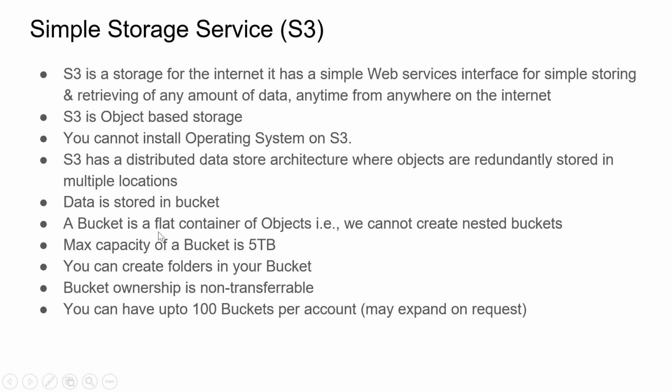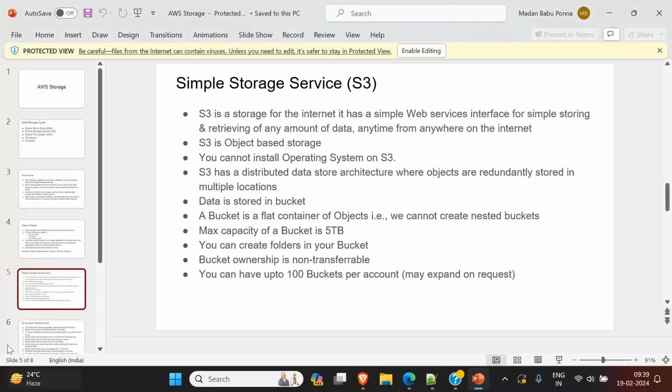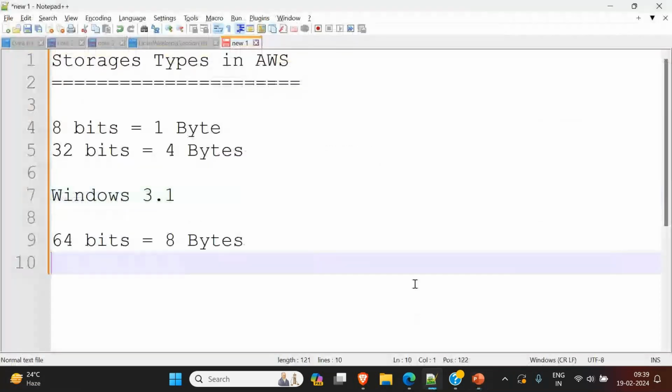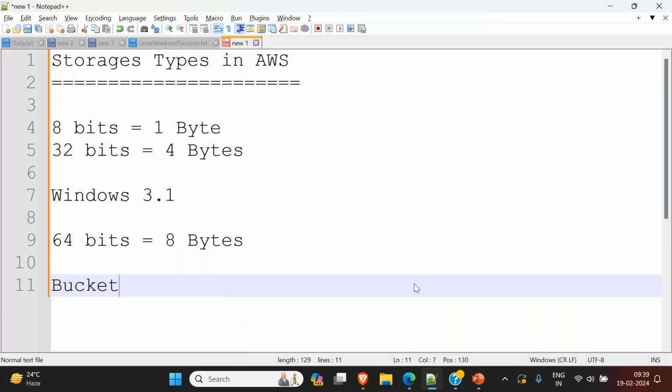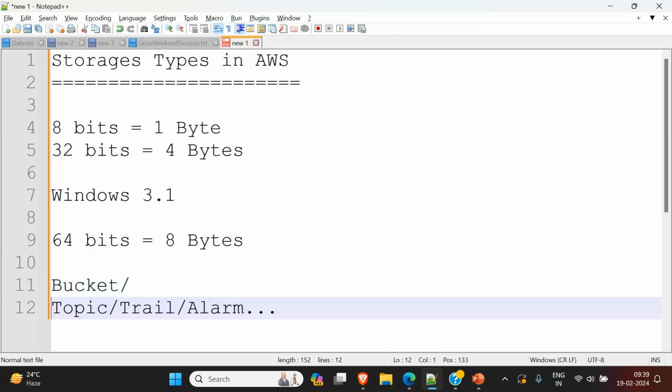Now in AWS, we will be learning different types of terminology. For example, the term I'm using here is bucket. For S3 we say bucket. Like bucket, we have another term called topic, and similarly we have trail, alarm, and many more. In this AWS cloud provider, they use different names for different services. For S3 they use bucket. For SNS, the service is called SNS,